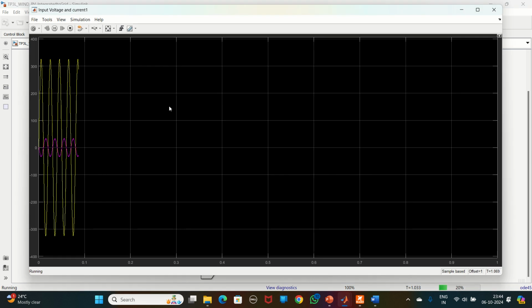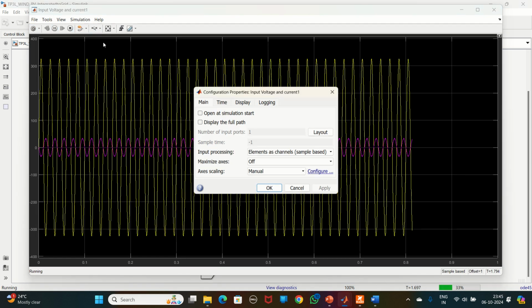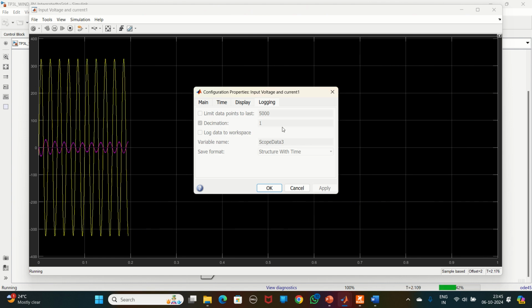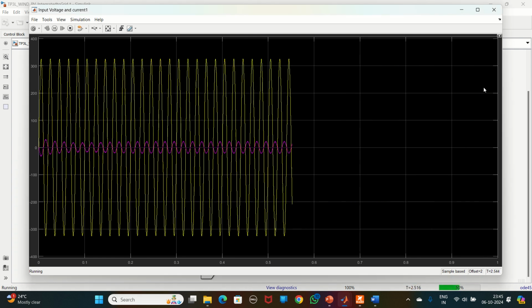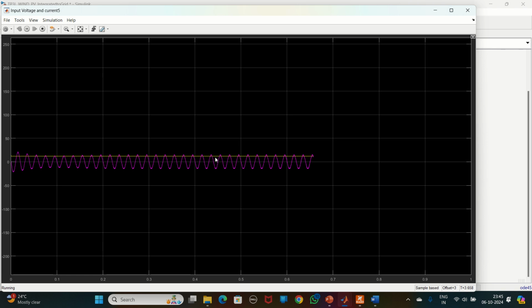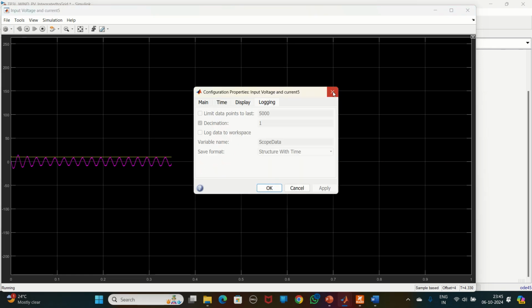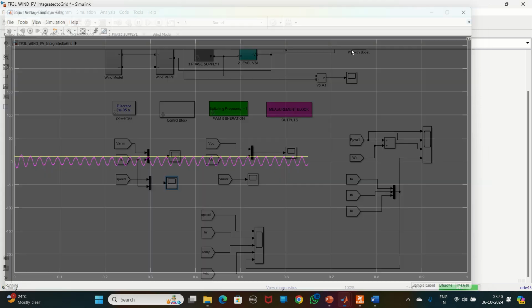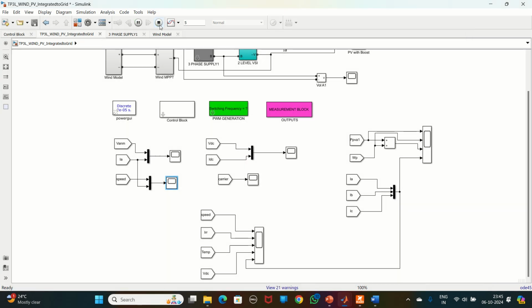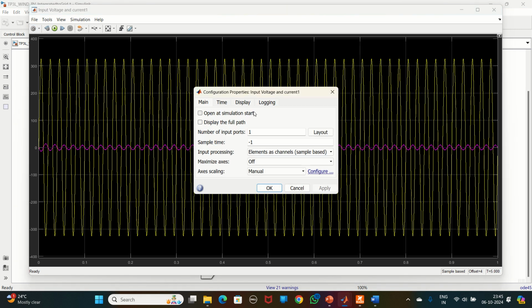Here I think we have already given these values. I might have given... I have not logged the data anywhere else. Okay, I have not logged the data, it seems. I'll try to log the data. Okay, try to log the data. This will help us to